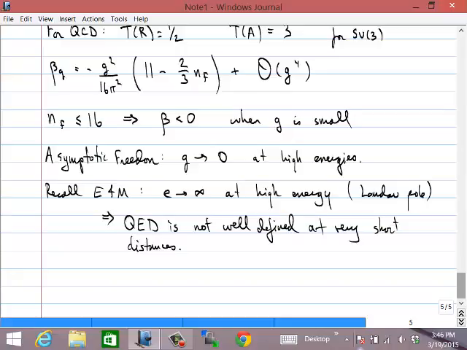Yes? Is the electroweak theory asymptotically free? Or is it the same Landau pole? The electroweak theory is asymptotically free. We'll see that in just